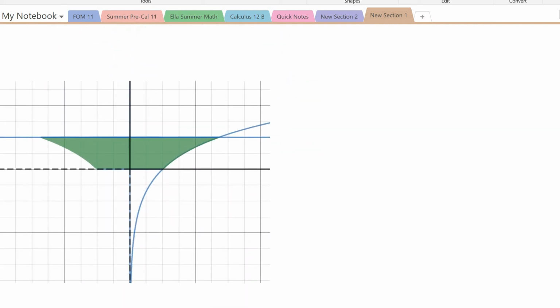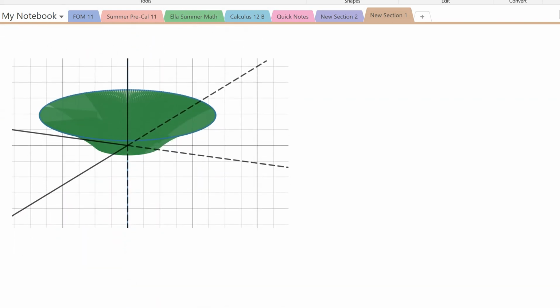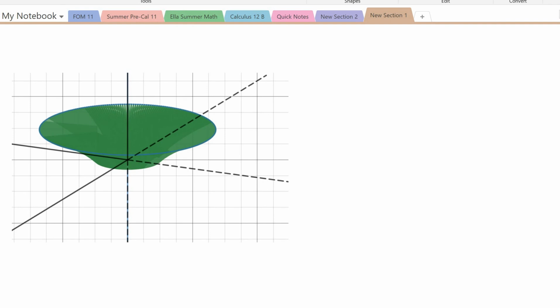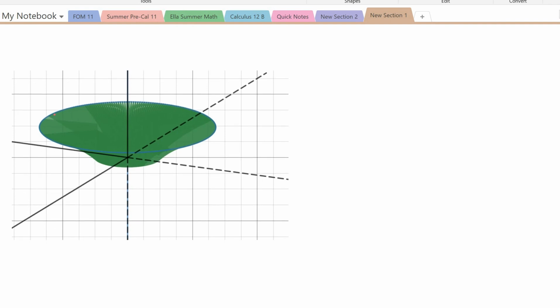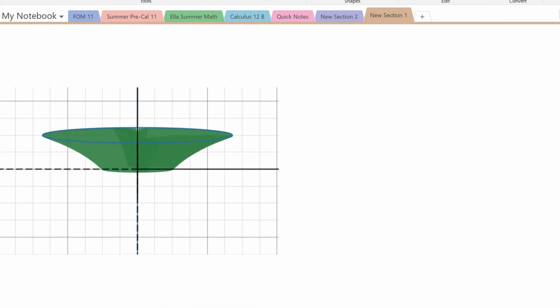And there's another view of what I was just talking about. And if I take a bird's eye view of this, that's the shape of the object that's being generated. And yeah, so let's go ahead and find the volume of this particular shape, right? So remember, if we can find the volume of one of these disks, we can find the volume of everything by simply integrating. Okay, let's go back to a front view of the object here. Let's start off with volume equals pi r squared h. And remember,